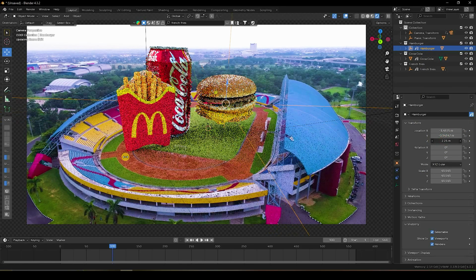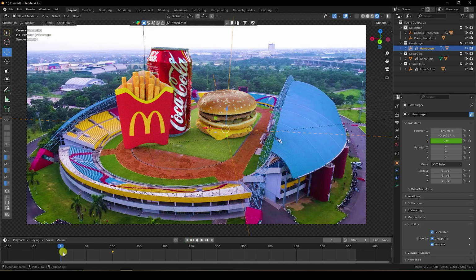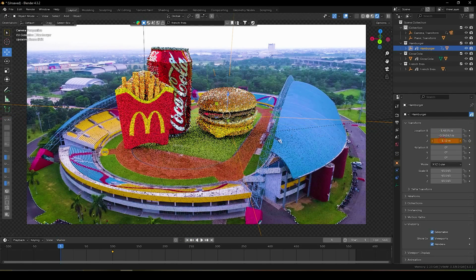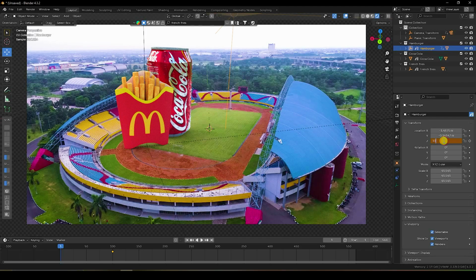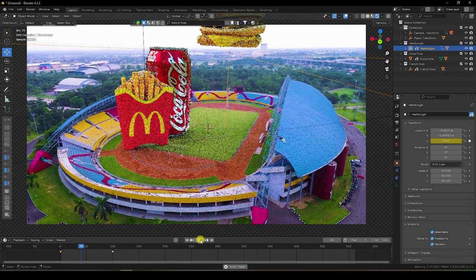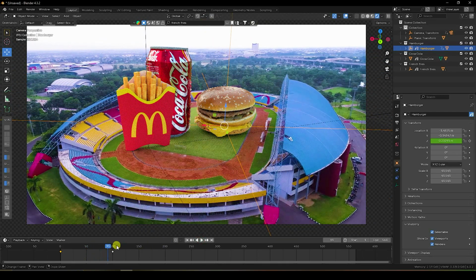I create a Z1 position. So guys, check Z1 on 100 frames and go back to 1 frame. And move the Z1 position up like this. Yeah, like a 10 and check. Yes. So guys, go back and play. Yeah, it's good. See guys, that's my simple movement animation.